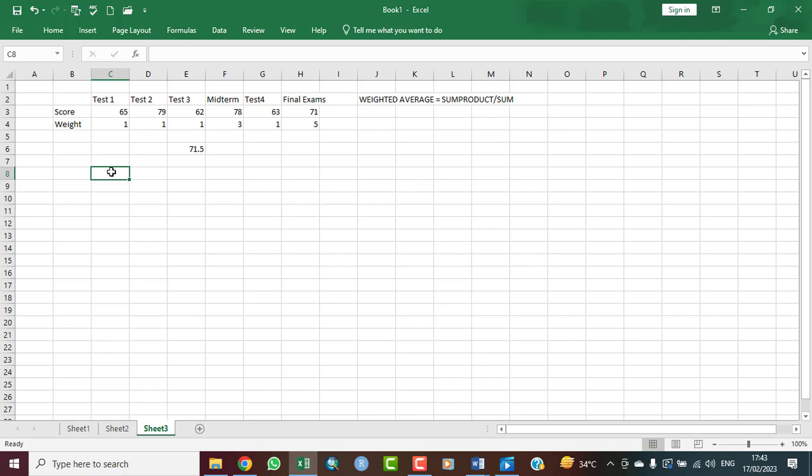So in weighted average, you pick each score, multiply it by the weight, and then you add it to another score multiplied by the weight, another score multiplied by the weight, until the final score of that student. And then you divide it by the sum of all the numbers of the weight. So now let's get into that and see if we're going to obtain the same result that we already got, which is 71.5. So in order to do that, for test 1, we will now say equals, bracket open,